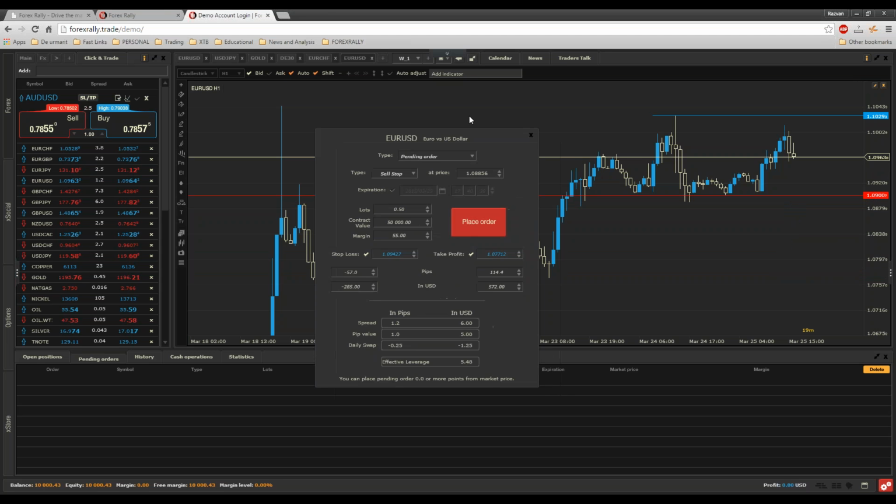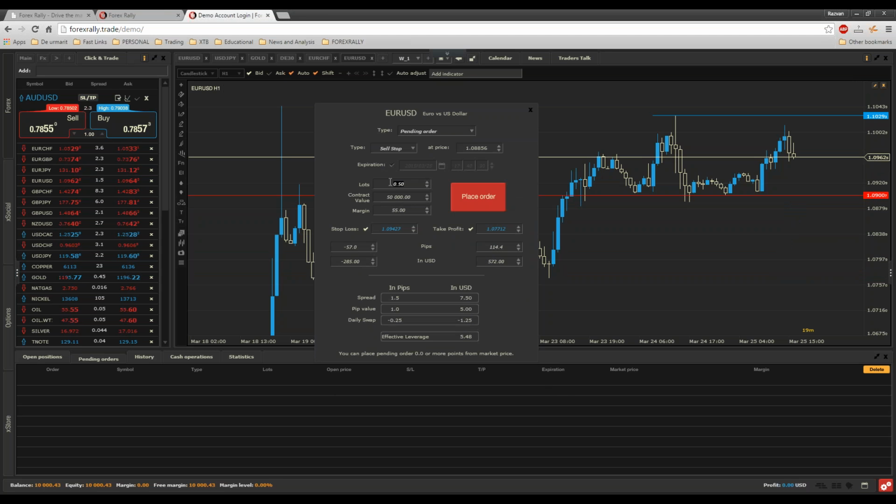This window will pop up. I can set here my volume. Let's say I can put 0.4. I will see live contract value. I will see the margin required for this trade. I will see stop loss. If I want to put another type of stop loss, let's say 40, I like 40, and I like to have 150 pips. It means $600 profit on this trade, or $160 loss. Then I just have to place order,